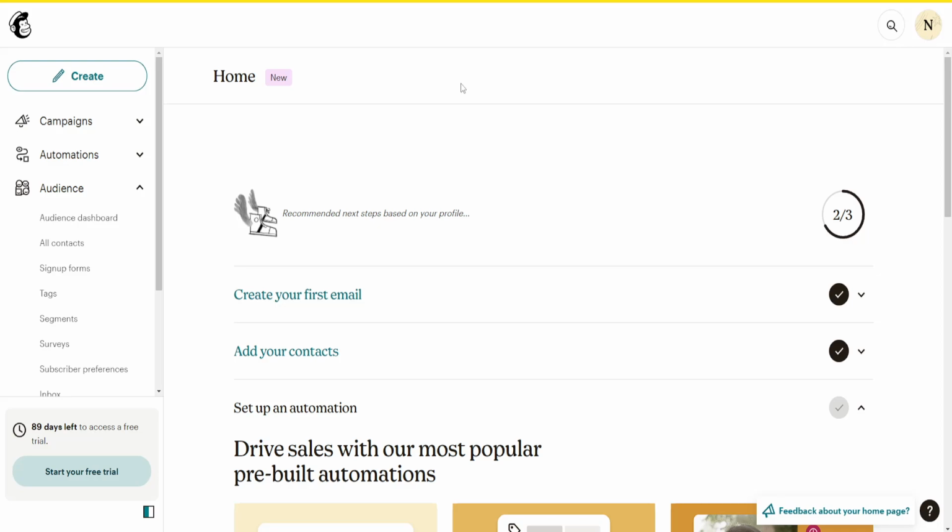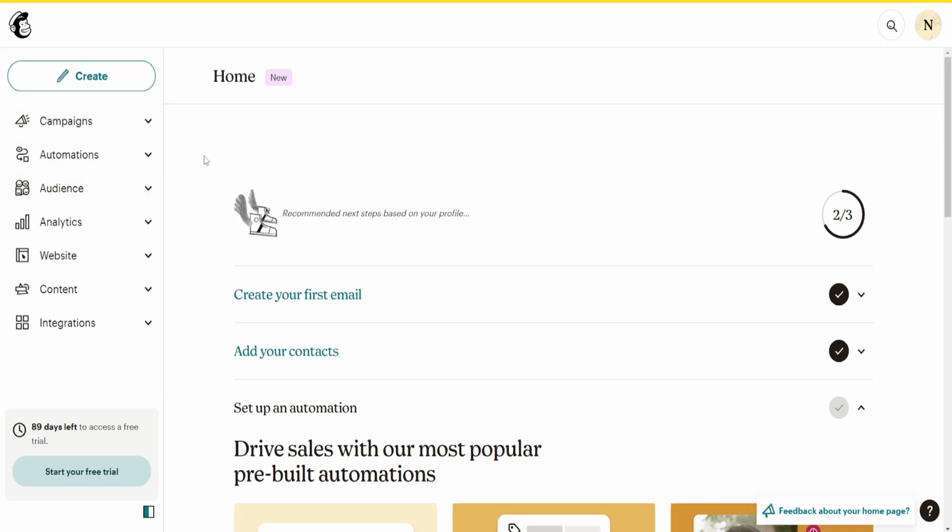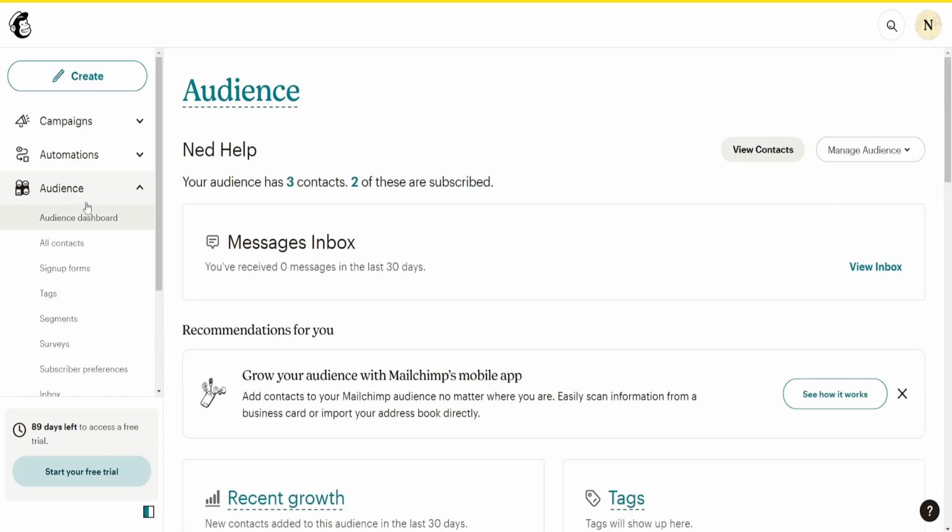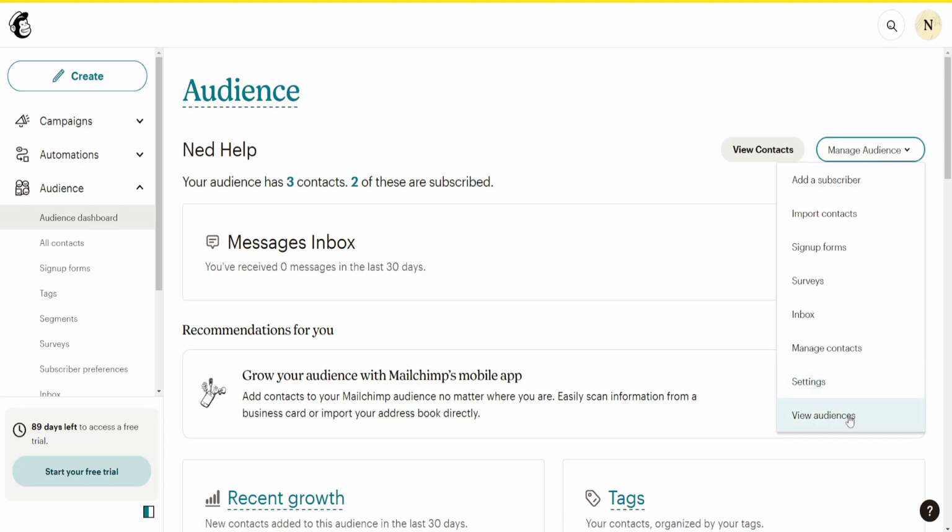How to create new audiences on Mailchimp. I'm going to click on audience from the left hand side, and here we want to go to the audience dashboard. So from this dashboard we want to click on this drop down menu and go to view audiences at